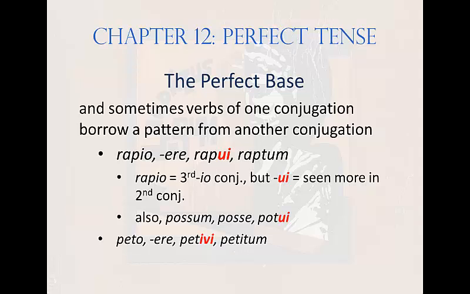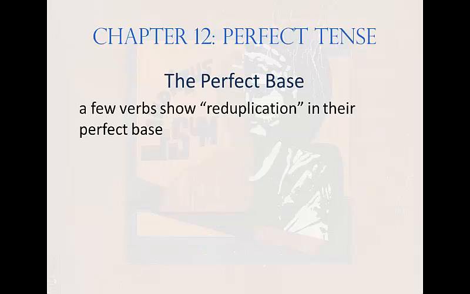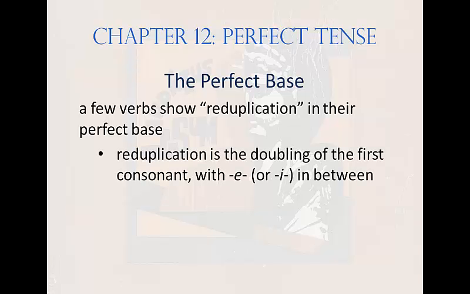One final example of this kind of mixed conjugation perfect base form is peto, petere, petivi, petitum. Peto is third conjugation, but the ivi perfect form is more typical of fourth. A final pattern seen in the formation of perfect bases is called reduplication. This pattern involves the doubling of the first consonant of the present base, with e or i added in between